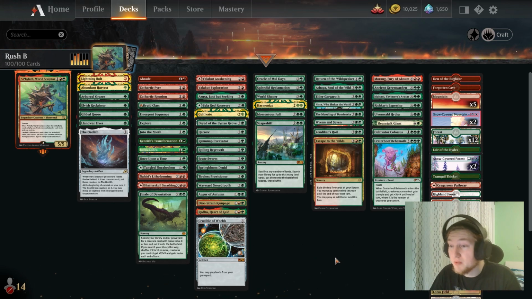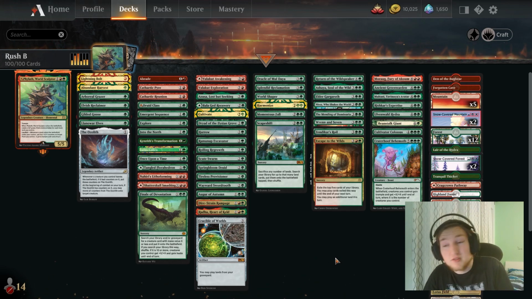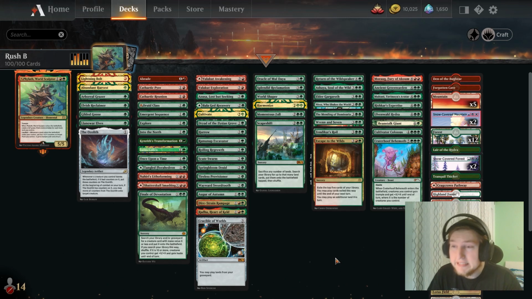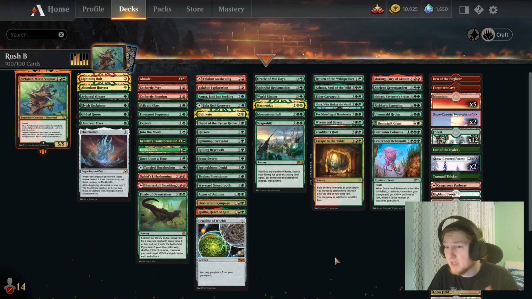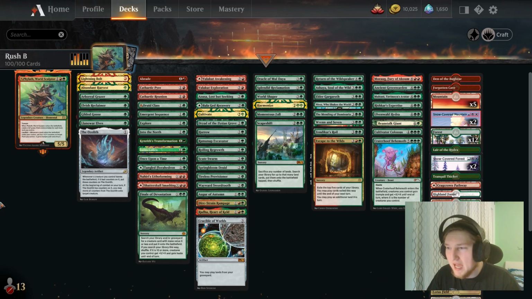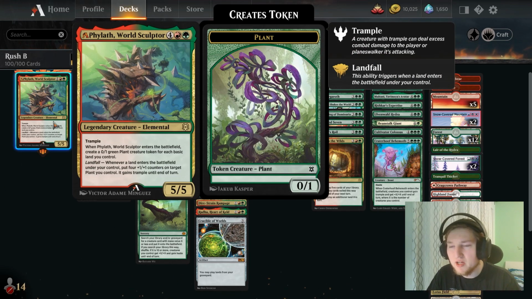This deck aims to win by playing a bunch of lands, getting landfall triggers, sacrificing the lands, and then replaying them from the graveyard for additional landfall triggers. This deck has a new and fun rebalanced commander, and the thing that changed on A-Phylath is that he also now gives the plant tokens trample. So you don't have to worry about the fact that your huge plant token just gets chump blocked to death,